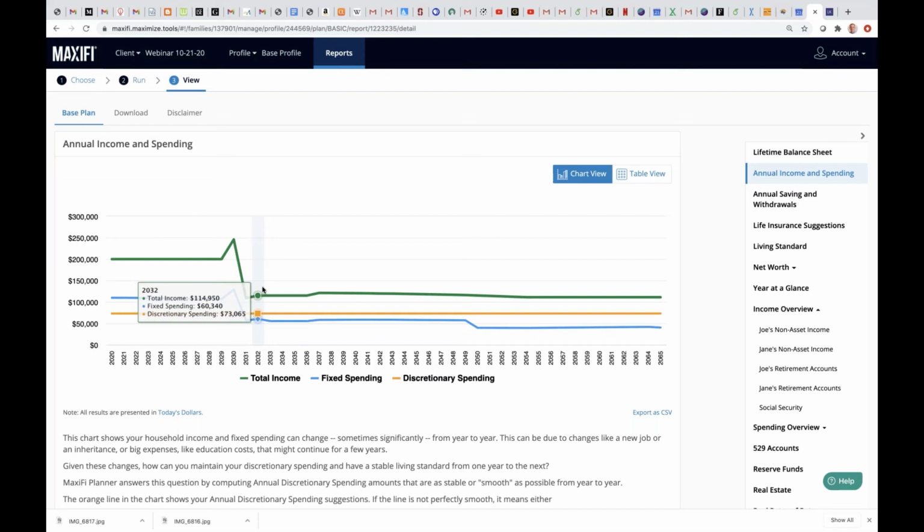You say, okay, between 85 and 100 maybe, I'm thinking about being in a nursing home or having out-of-pocket medical expenses, which are $50,000 a year, for example. And then you look at your lifetime discretionary spending under that base case.